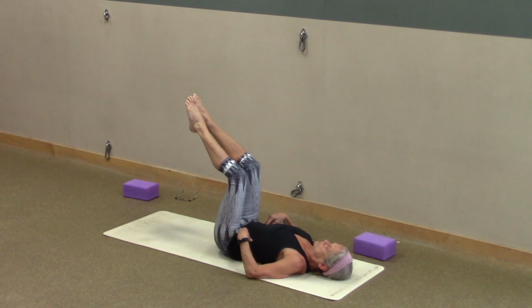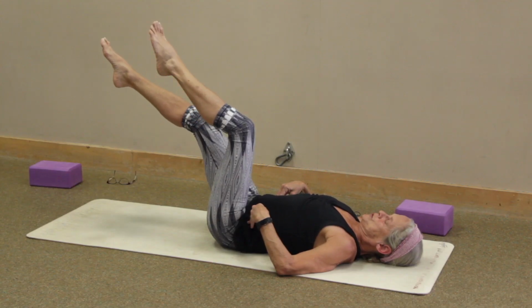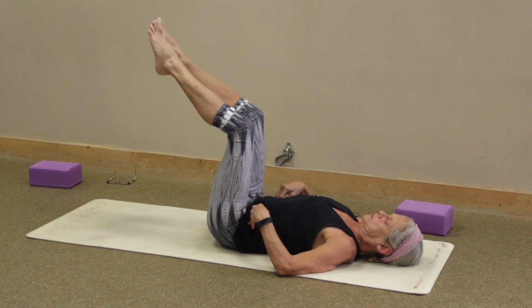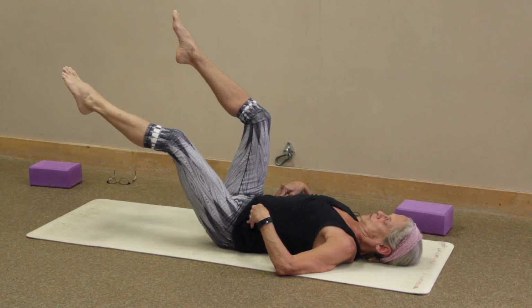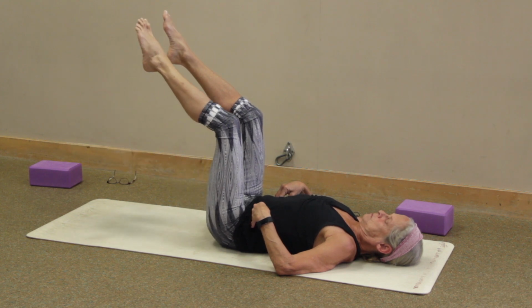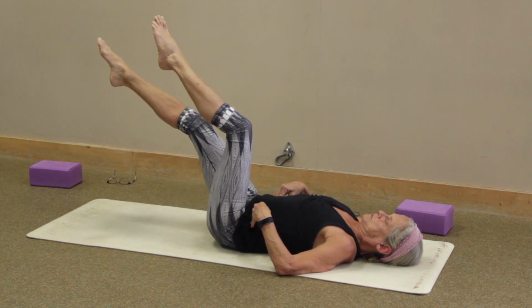and lift. Bring your breath with you. We're going to move slowly with these. Lift, lower. Feel your abs engage here and lift. For 10,